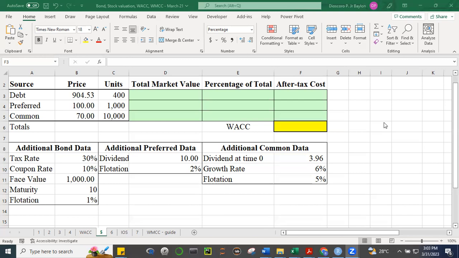Okay, which tells us that there's a challenge there kasi mas mataas pa yung cost of debt kaysa kay preferred stock, di ba? Dapat mas mataas si cost ng preferred stock kaysa kay cost of debt. Si Rhea, 8.17%, preferred 10%, common 12%. Okay. So let's give a few more minutes to the others.